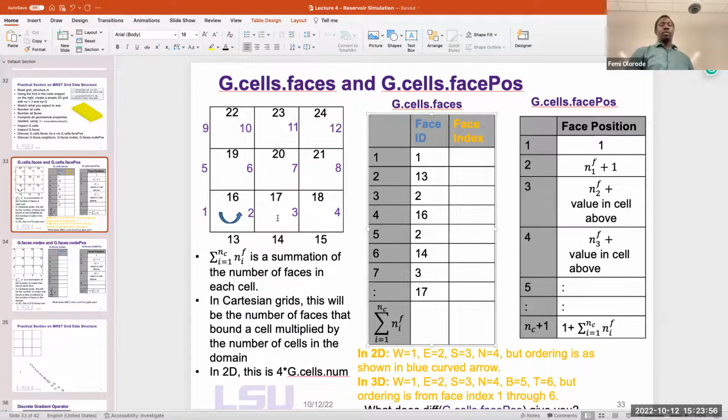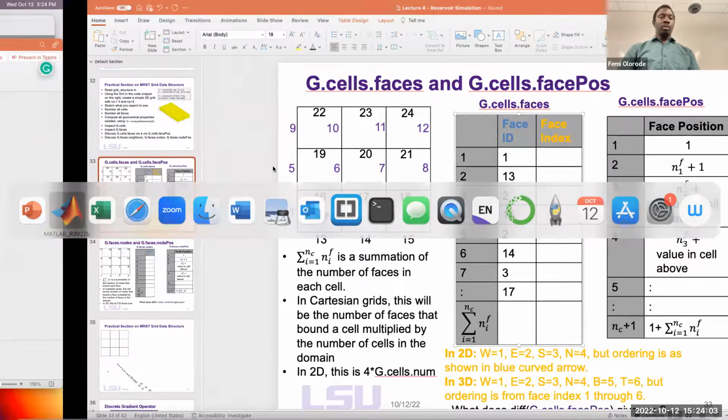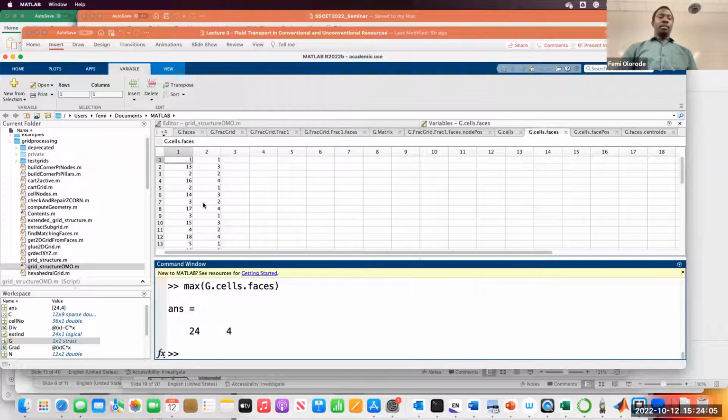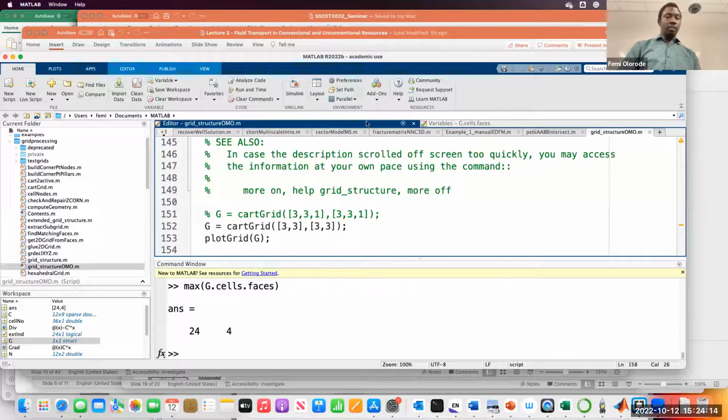It's 1, 2, 3, all the way to 24. So that gets you the maximum. The other thing I wanted to show you there was the number of rows, you can see that's 36, right? And then if you wanted to see the G.faces, just for completeness,